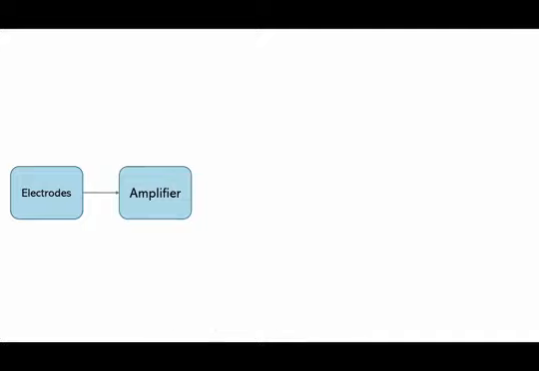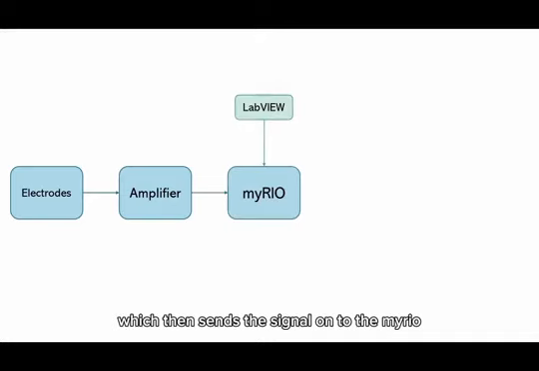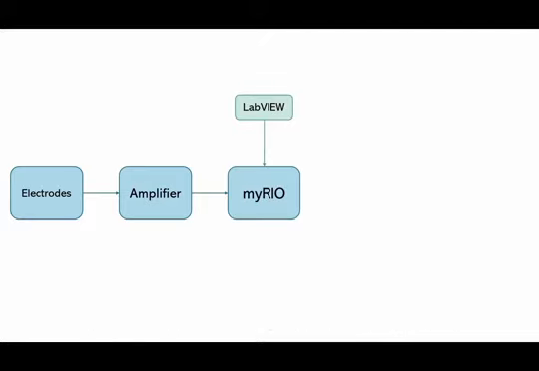The design begins with electrodes placed on the patient's skin. These electrodes pick up small signals that then go to the amplifier module. The amplifier amplifies the signal and also provides basic filtering, which then sends the signal on to the MyRio. The MyRio is loaded with a custom LabVIEW program, which determines if the signal surpasses a threshold and does calibration